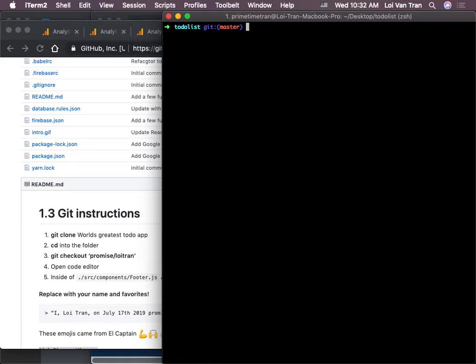So I need to do something called branching, because code will change. If you guys had this on your computer, your code could be different than mine potentially, right? You can change your color, background, etc. So I'm gonna do something called branching. I'm gonna run a command called git branch -v, or git branch, git checkout